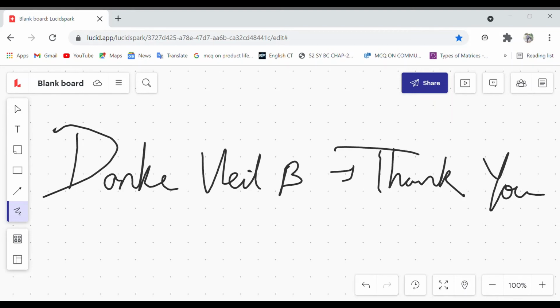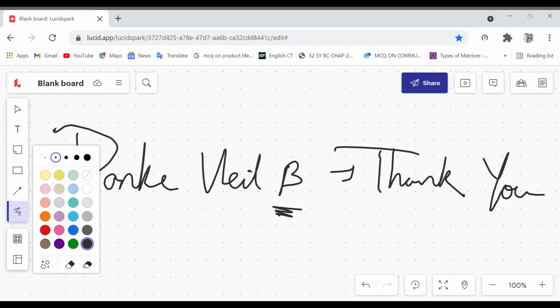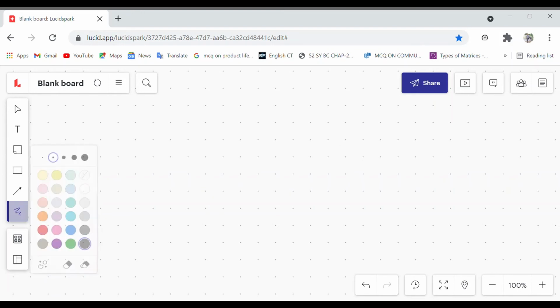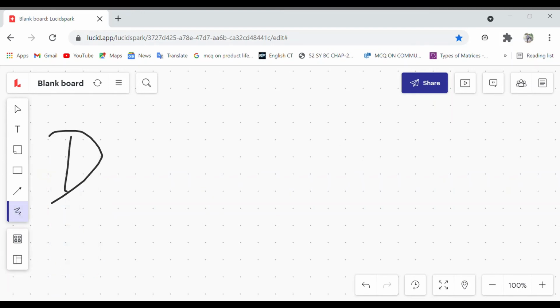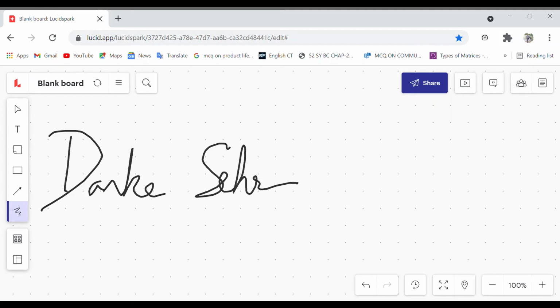Pronounce it as S. Danke schön means thank you, and danke is thanks. The last one is danke sehr. So what do you mean by danke sehr? In English it is thank you very much.